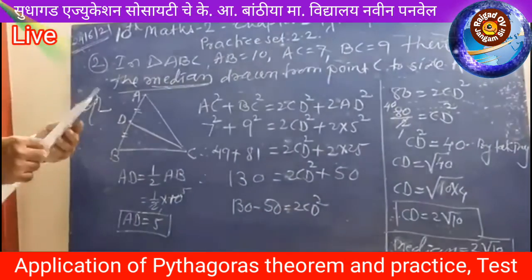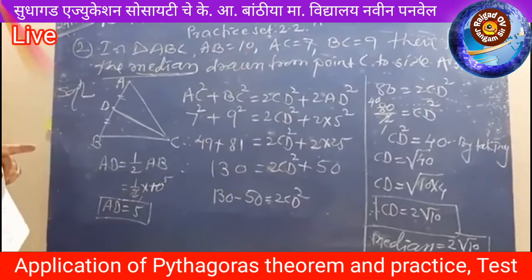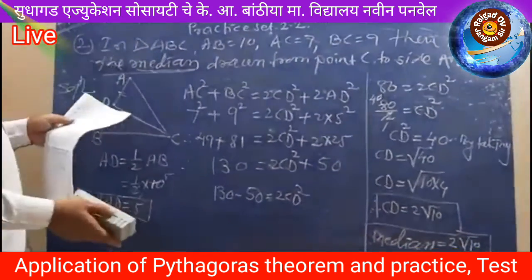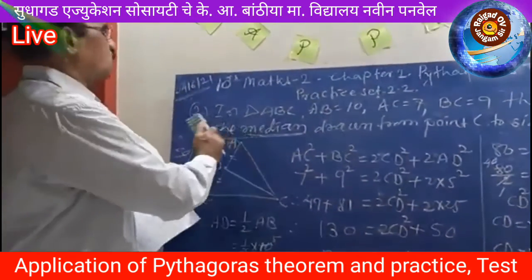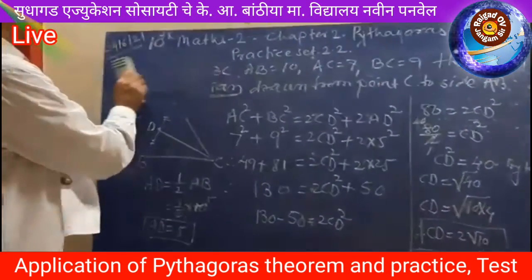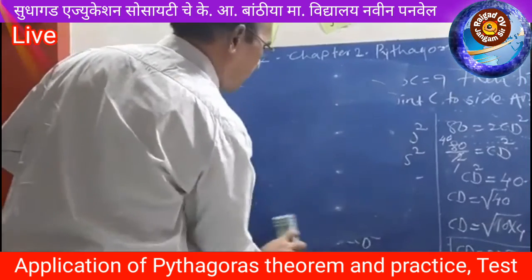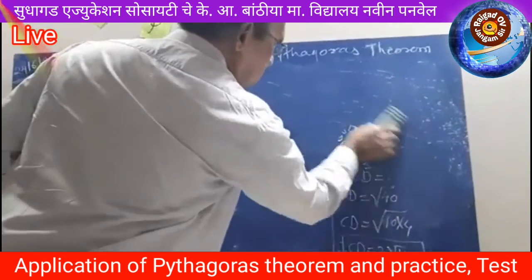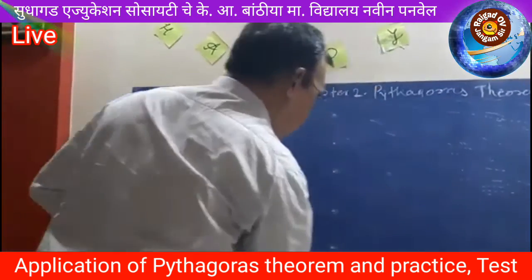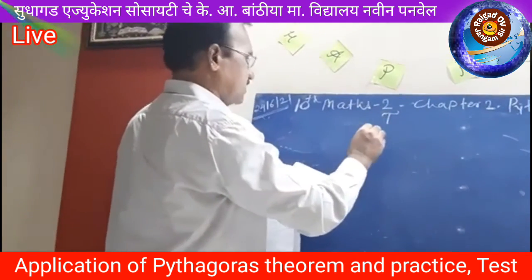Okay. Now this is the end of chapter 2. Remaining 3 examples, try to solve at home. Now I want to give some examples for homework, that is practice test 2. Clear this example? We understand? Very good. Now see here and take some examples for homework, that is our practice set 2. Because the second chapter is enough, that is the end of second chapter, and therefore write some examples, that is practice test 2.